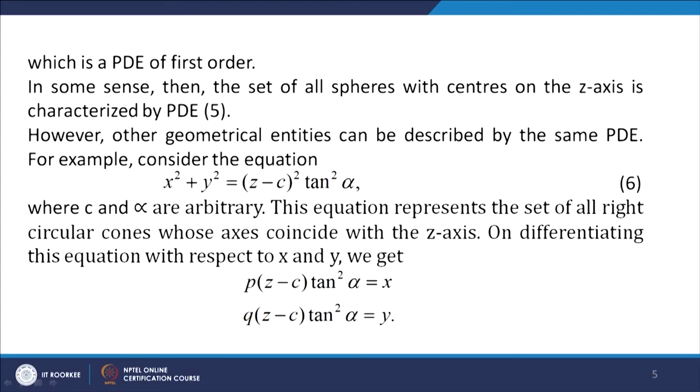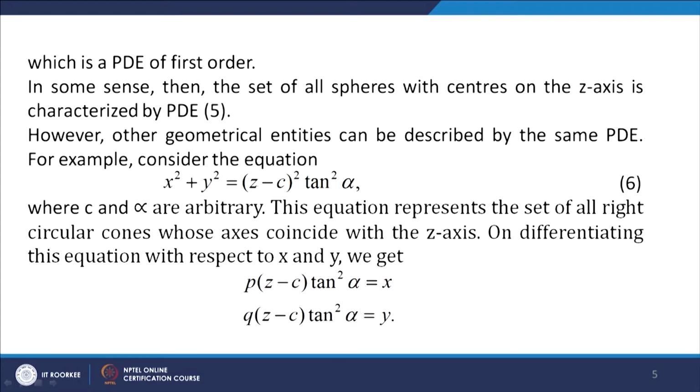Now, we shall see that other geometrical entities like x² + y² = (z − c)² tan²α represent the set of all right circular cones whose axis coincide with the z axis. You can see that the vertex of the cone lies at the point (0, 0, c), the semi vertical angle of the cone is α, and the z axis is the axis of the right circular cone. So, this equation represents the set of all right circular cones whose axis coincide with the z axis, and when we